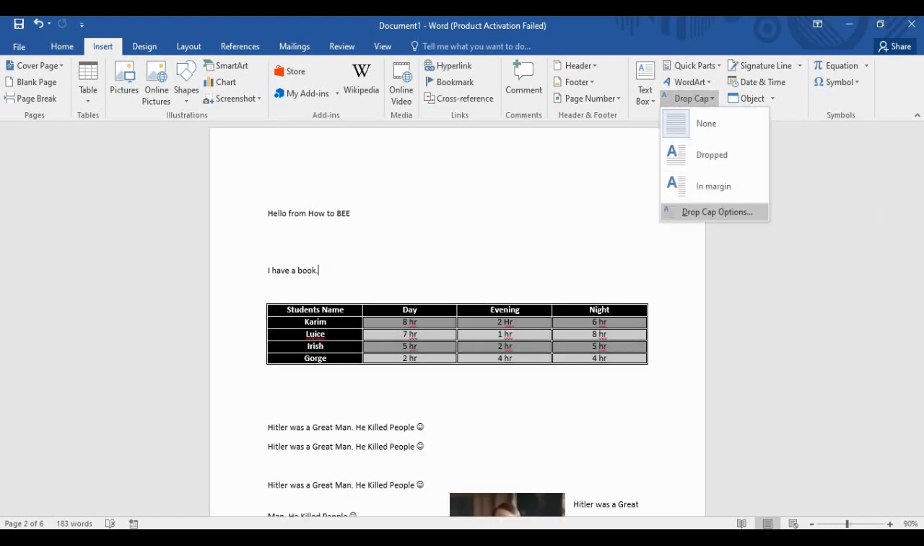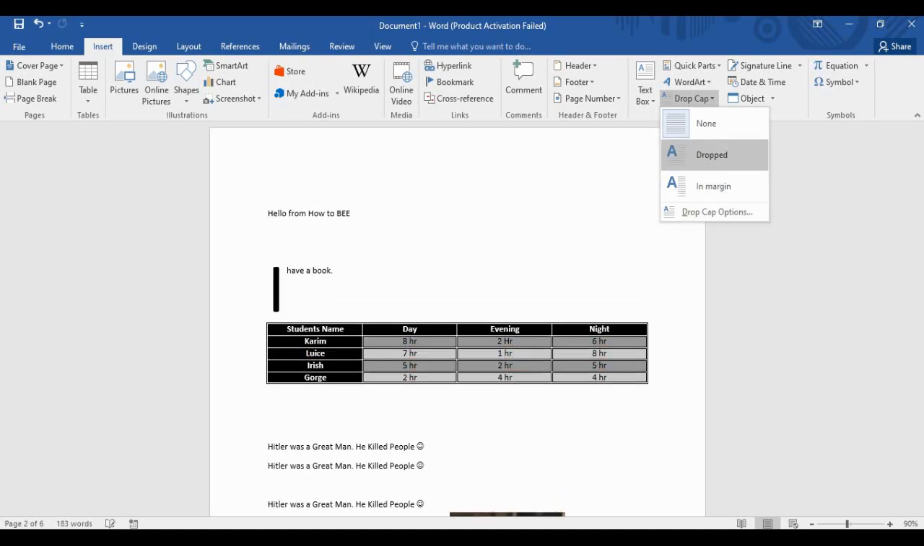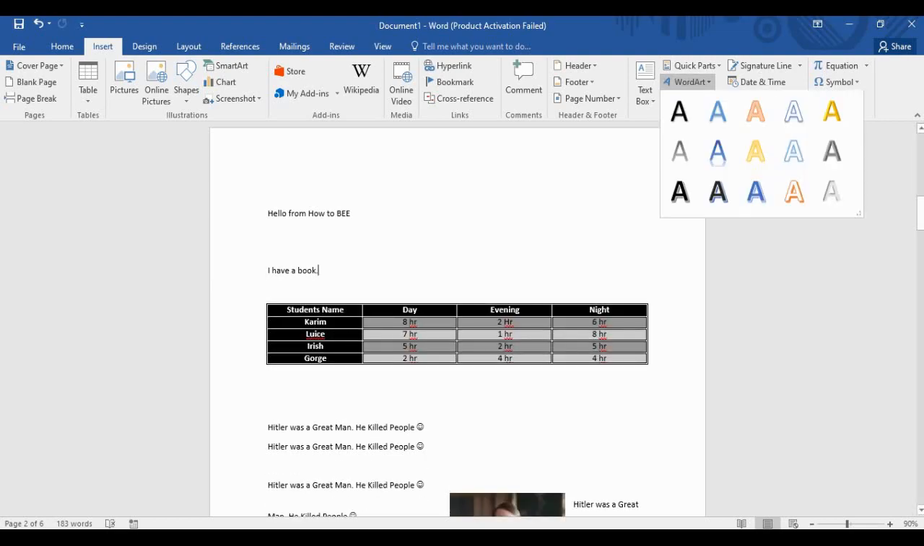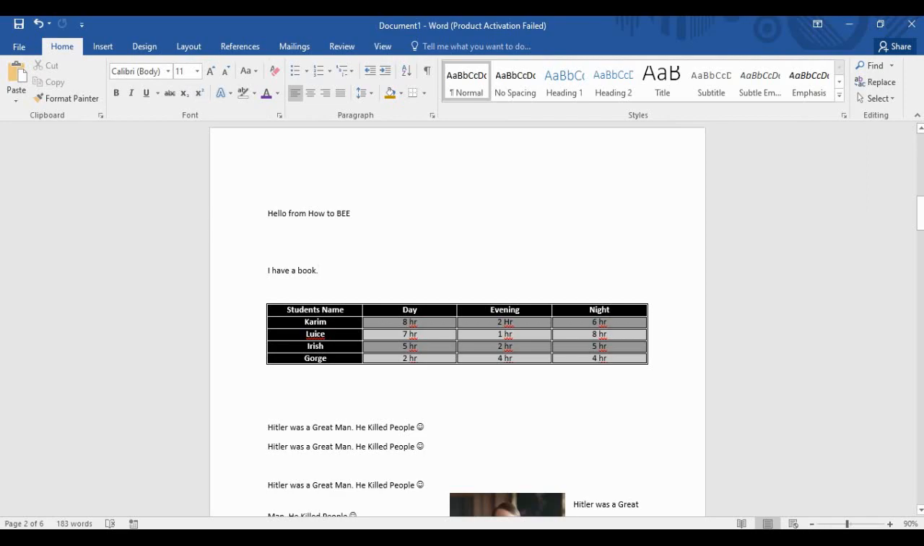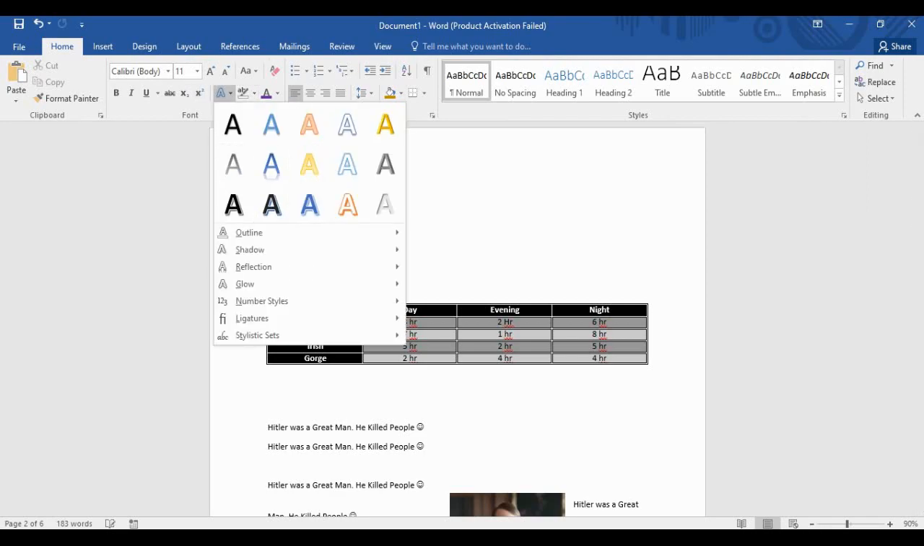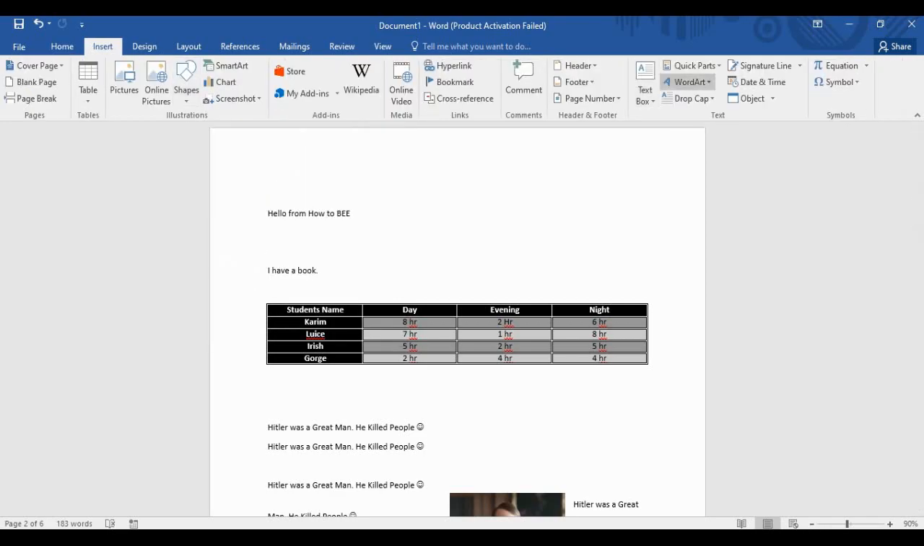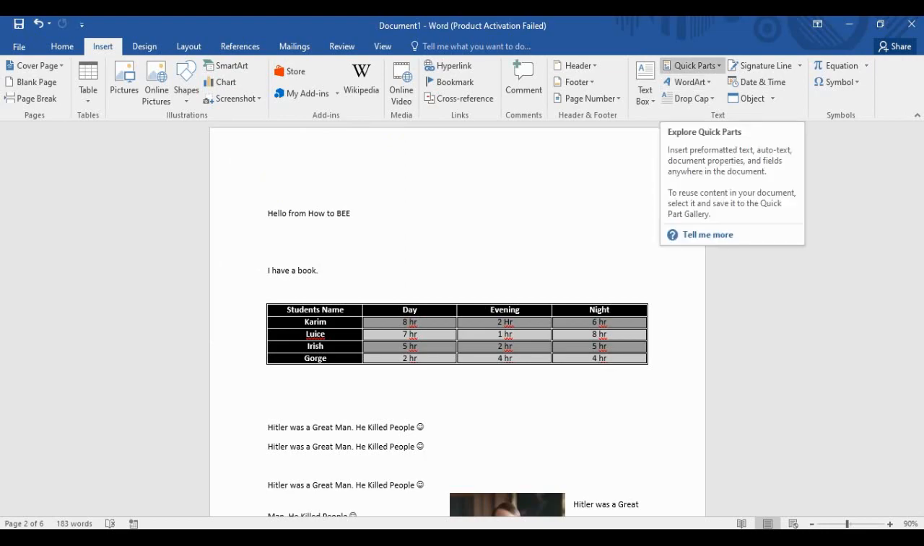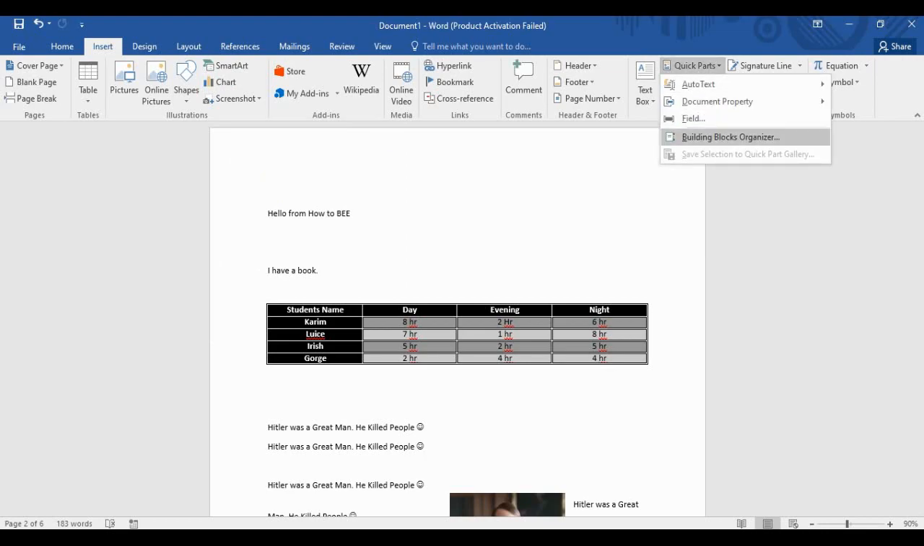And in the quick parts you will have some auto text which will always be there, like you can adjust one, you can edit one. So there are lots of things in the quick parts. In the quick parts something interesting is assigned, like if you see the macros, if you press run,